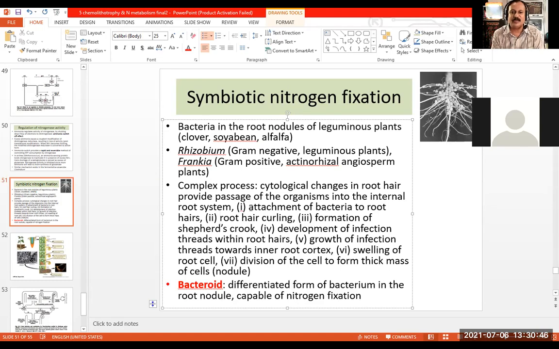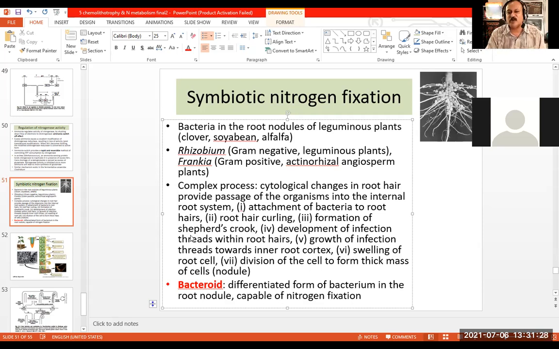The root hair will give a positive gesture, so that root hair curling takes place. Then there will be a particular place afforded to the bacteria for infection. The bacterial cells will start invading the plant root hair. The words I'm using here, infection or invasion, are taken from a positive angle. This is not causing any damage to the plant, although there may be some abnormal structures like root nodules formed on the roots, it is nonetheless beneficial for the plant.